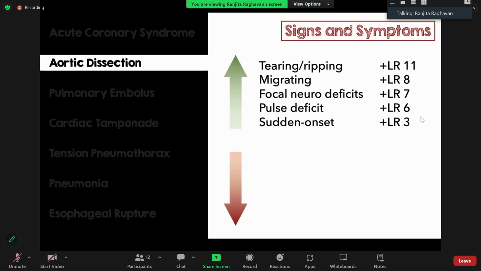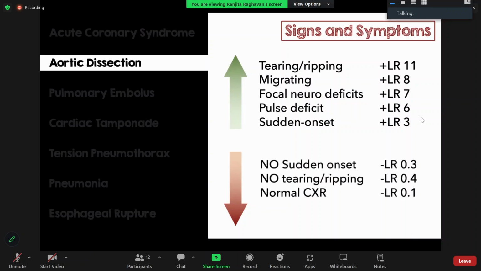And for this one too, things that would make us think that aortic dissection is higher on our diagnosis list would be things like if they have tearing, ripping pain, if they have migrating pain, if they have neuro deficits, right? The chest pain plus some weird neuro findings, that might be something where you could be thinking about this instead,